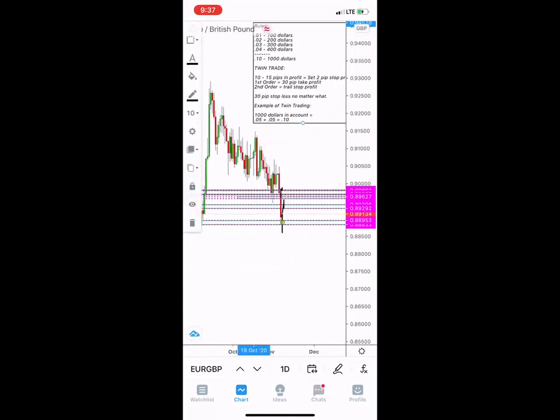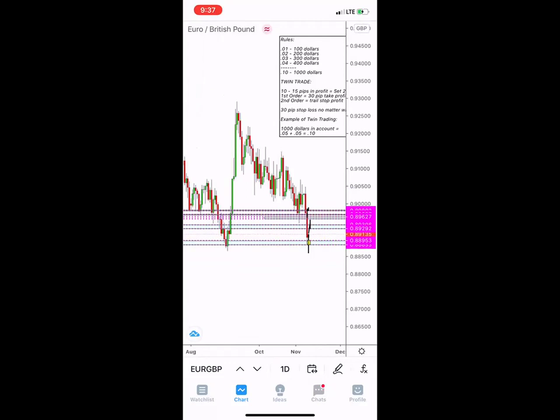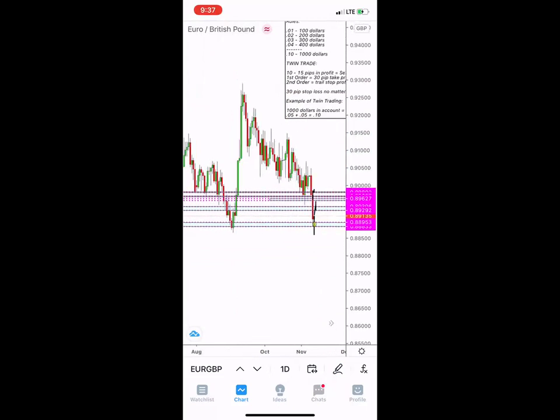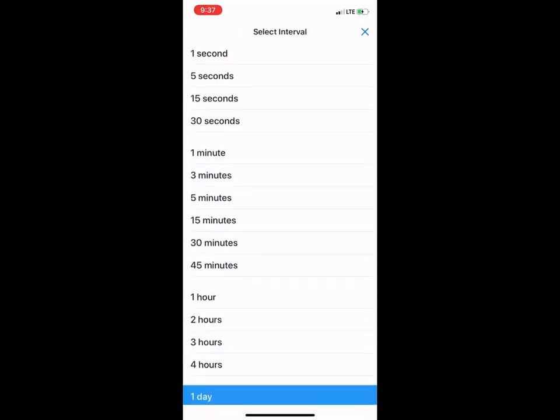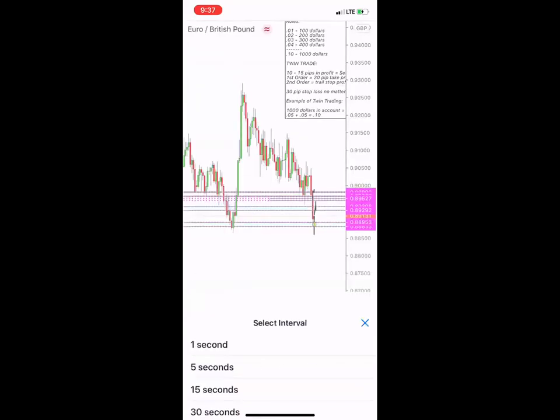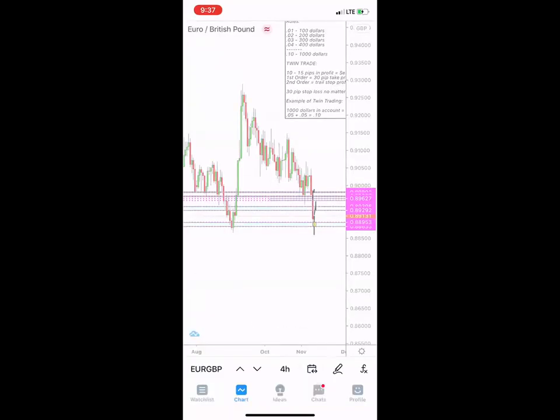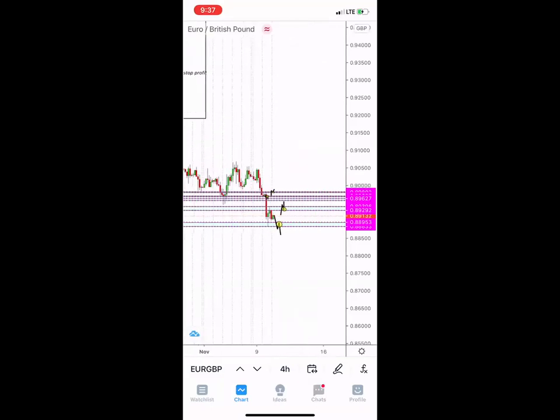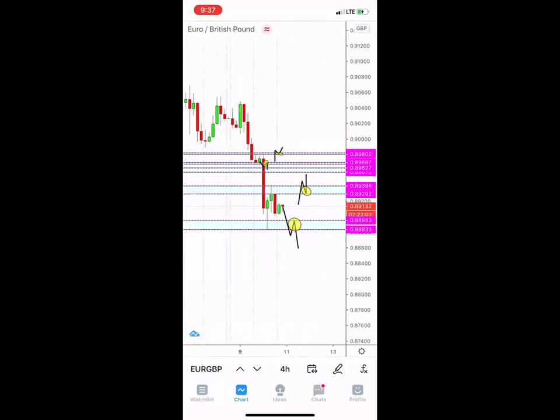And the bigger picture is this. We see price in a huge downtrend, right? From this top all the way down, this is already 300 pips. We're almost 400 pips moving in the downward direction. Now, if you look on the daily, it's a huge area right here of support, huge area of support, which is probably why the Euro GBP was called out on the 1 hour and the 4 hour for a buy. But again, that's just my opinion. I could be wrong. This is why we trap price. This is why we wait for a break and a retest. And this is why we